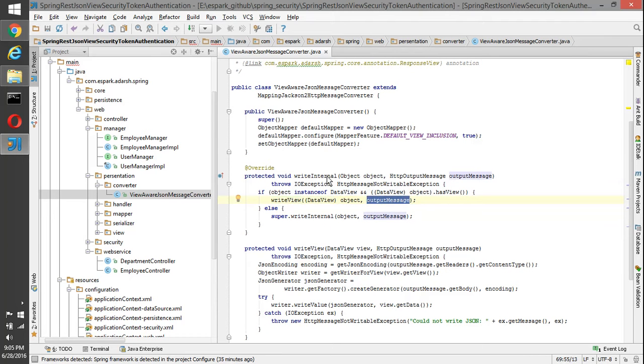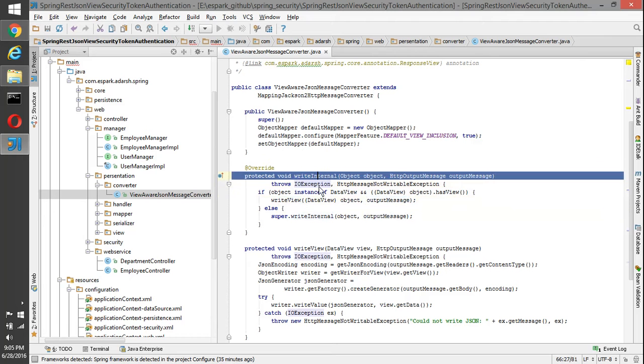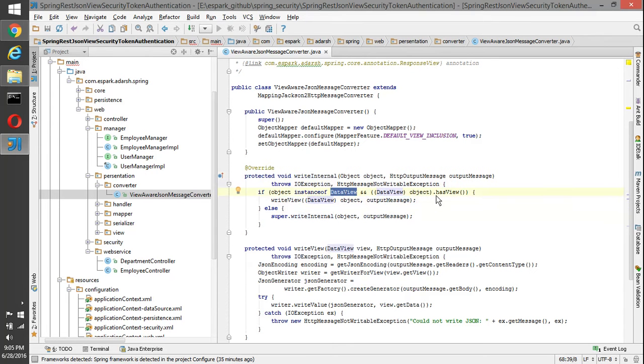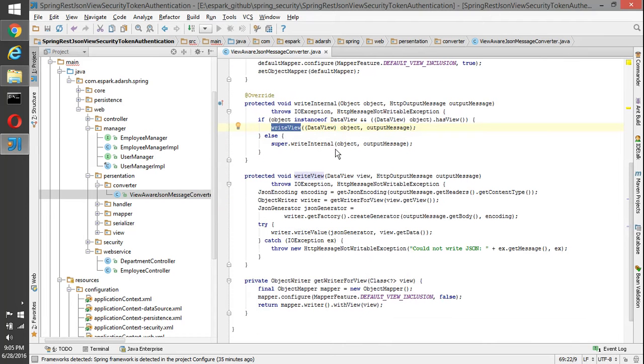So here we have a write internal method where we check if anything is an instance of data view, and it will be written as a view. Otherwise, super.write is called. This is a custom implementation where we convert using our own custom things. The default way of writing is write internal from the super, but we have customized that for our requirement. So that's how we have customized.